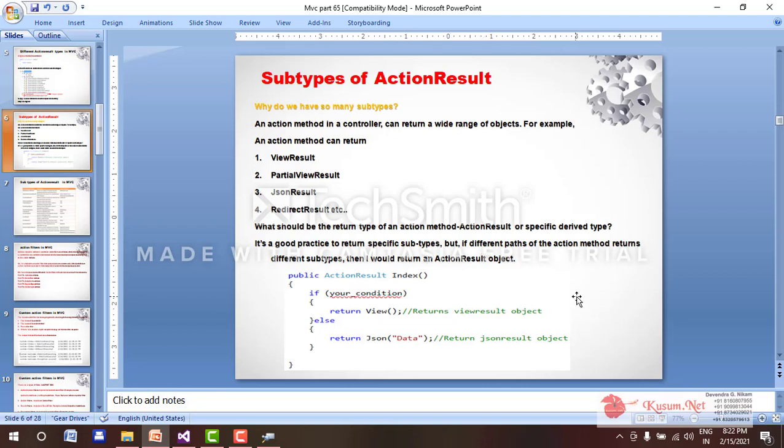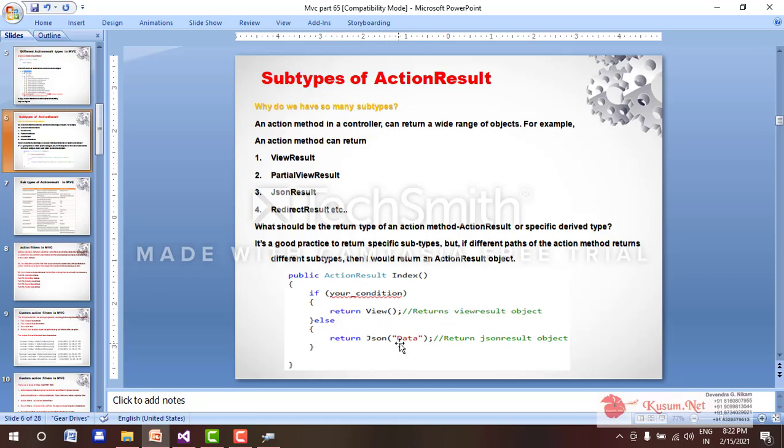If different parts of an action method return different subtypes, then I will return an action result object. If I want the result of JSON, I will use the JSON result type in place of action result. If I want to execute a partial view, then I will use the partial view result type.